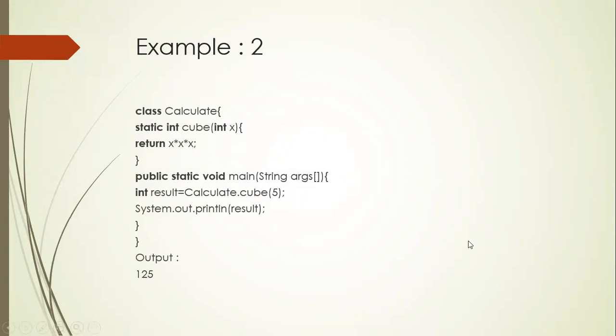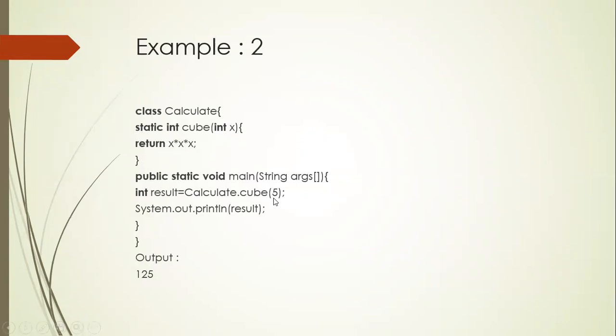Here is another example, a static int cube in a class Calculate. I am calling this method directly with the help of Calculate.cube. Actually, if you have not used the static keyword, you have to create Calculate c = new Calculate, and then call c.cube. But as it is a static function, we directly call it with the help of the class name, Calculate.cube.